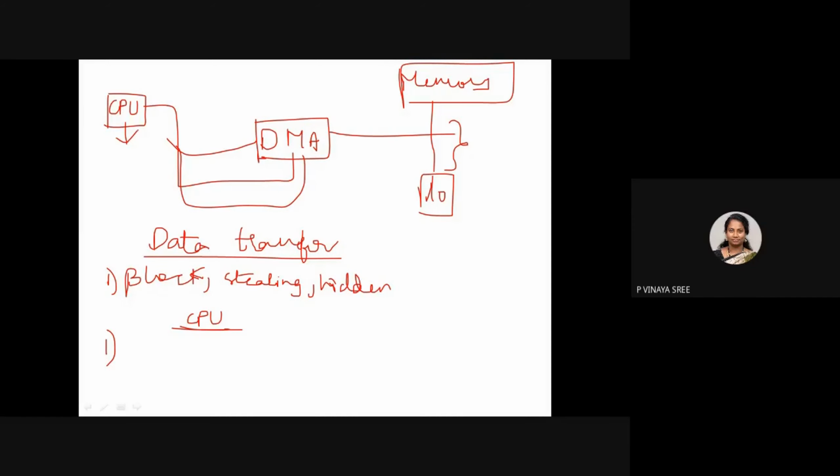The processor will be executing very efficiently. So which one is first? Cycle stealing or hidden? Transparent, hidden, right? So first hidden. Next we'll have cycle stealing. Next we'll have block.